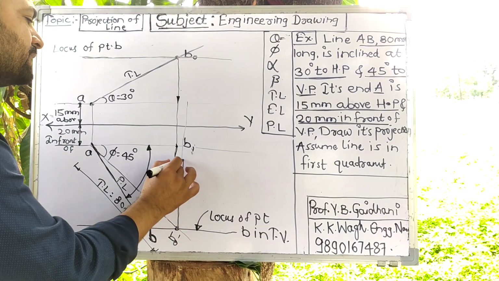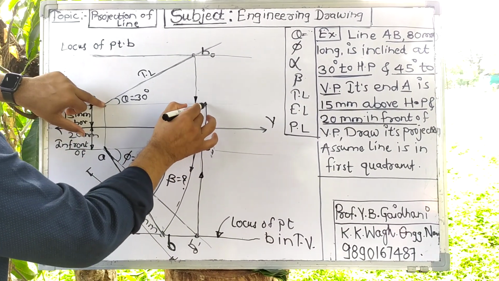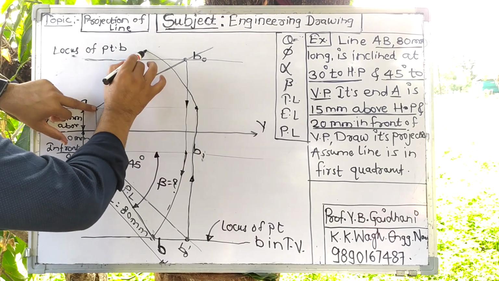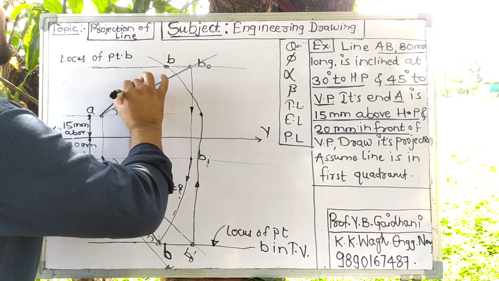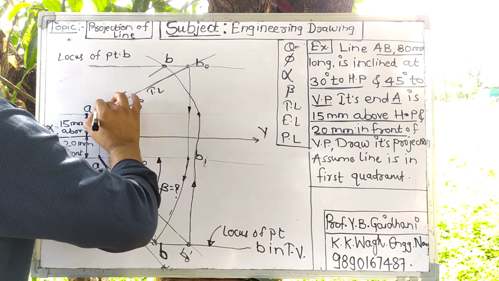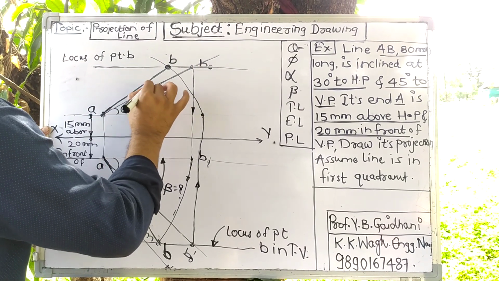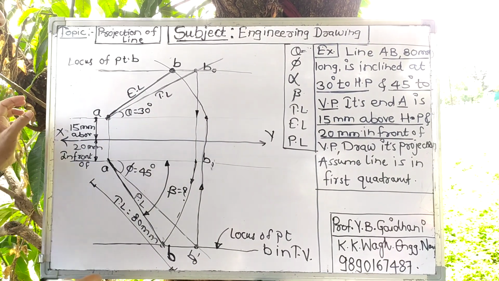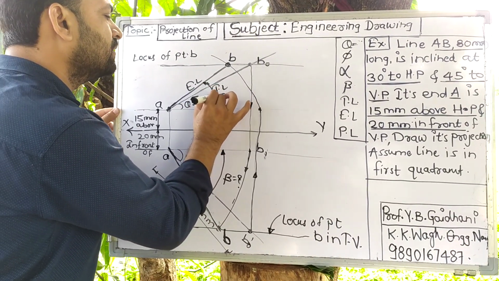So I am taking this projection like this. Come up to here. Again, take this distance in the compass and mark an arc which will cut this locus. So here we get the final B point. This is the final view of the line. Here is the TL. This is EL, elevated length. And if you measure this angle, it will be the beta angle.